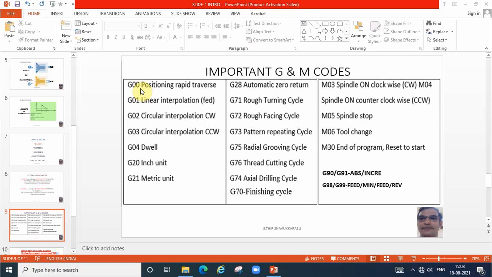Okay, G75, that is nothing but a radial grooving cycle. G76, threading cycle. G74, axial drilling cycle. Say these are all some operational G codes. And next one is